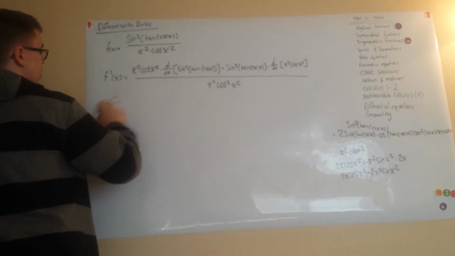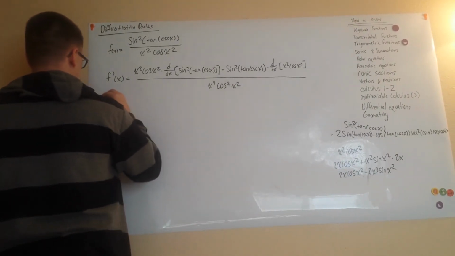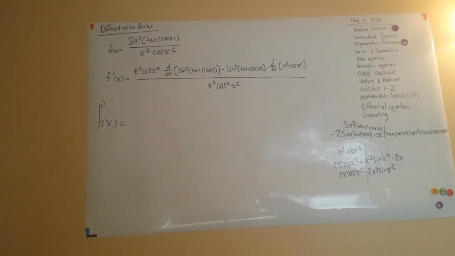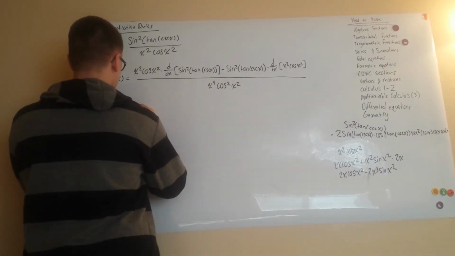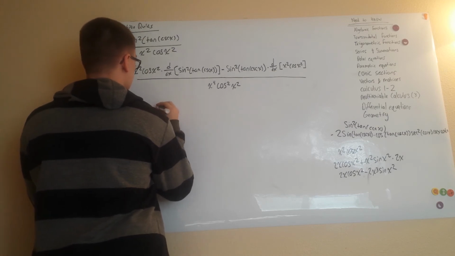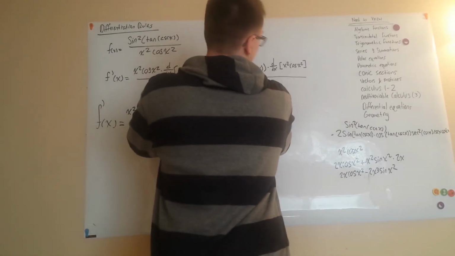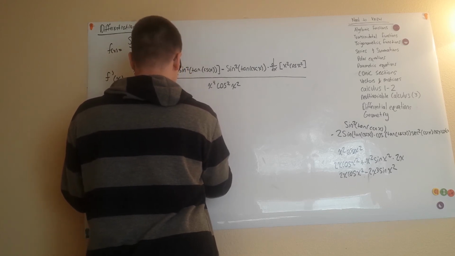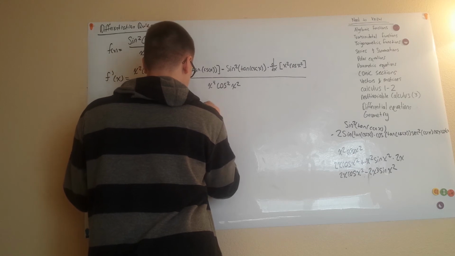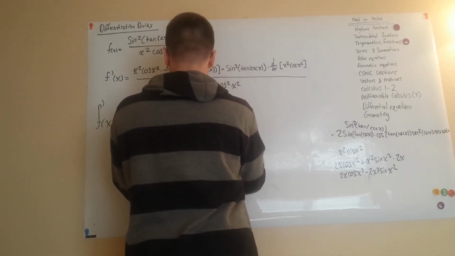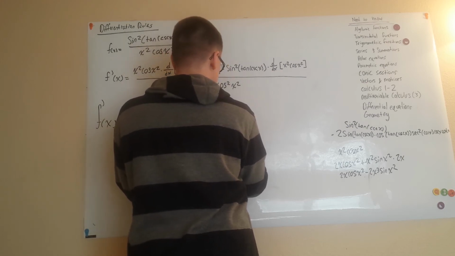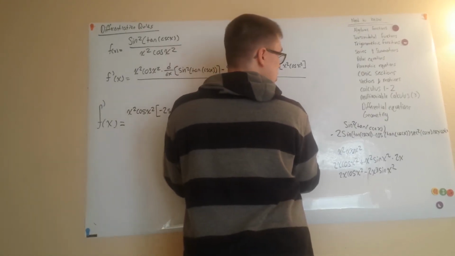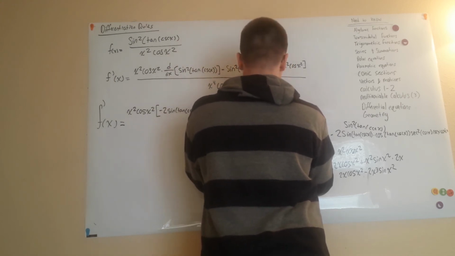So f prime of x is equal to what? Well, it's equal to x squared times the cosine of x squared times the derivative of this thing, which is negative 2 sine of tangent of cosecant x times the cosine of the tangent of the cosecant x times the secant squared of the cosecant x times the cosecant x cotangent x